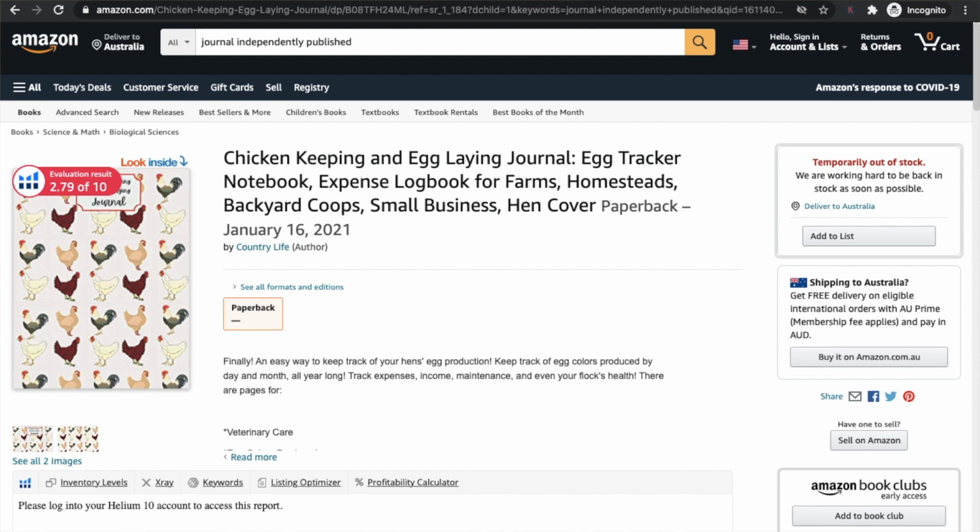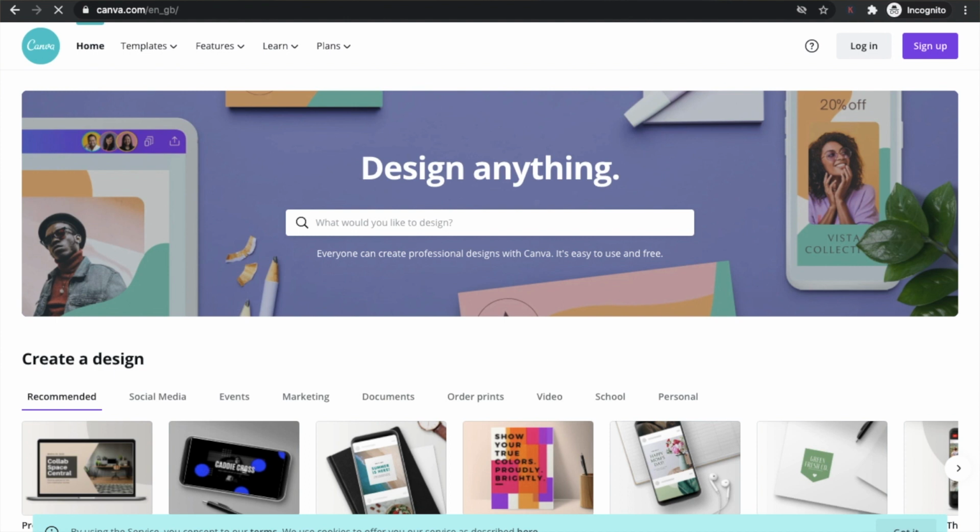Okay, so let's get into the different softwares that are available for you to use to create your covers. There are a lot out there. I'm not going to go through every single one of them, but the ones that I want to look at today are good, particularly if you are a beginner, as well as if you are looking for something that's free to use. Canva is probably the most popular free software out there that people use to create their KDP covers